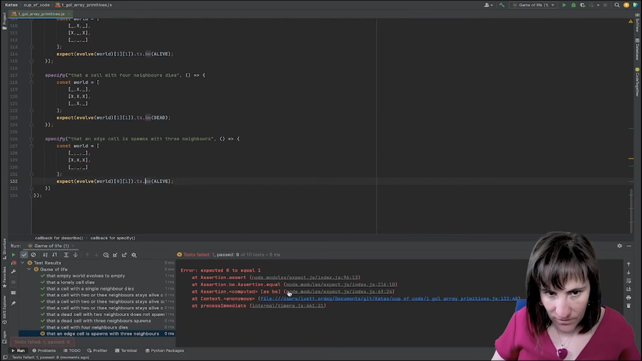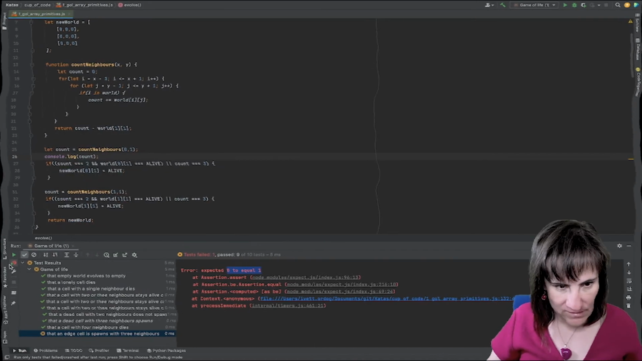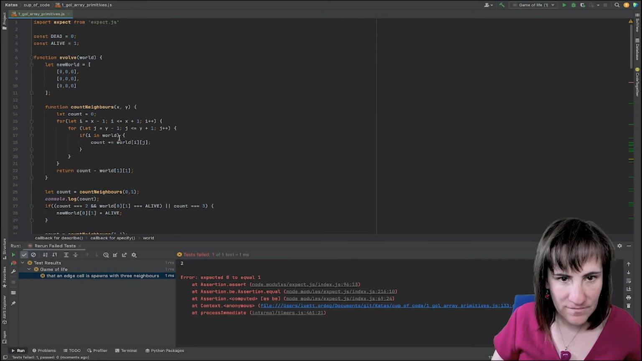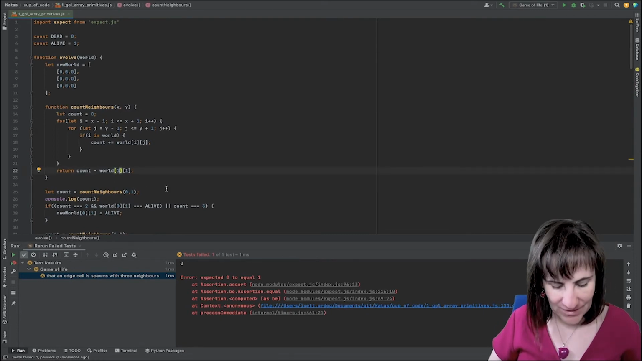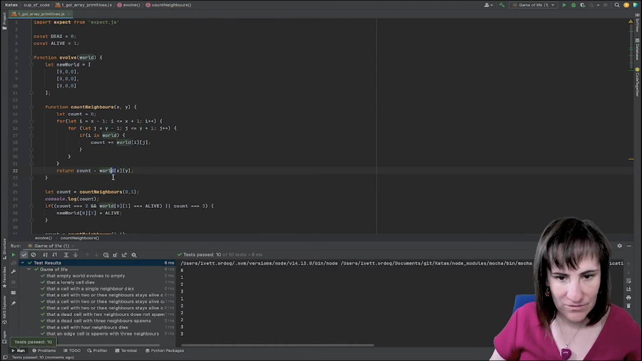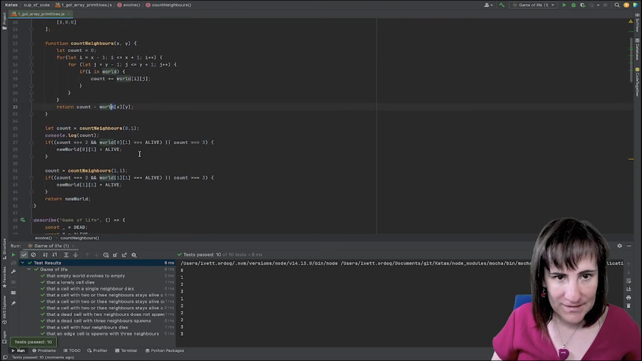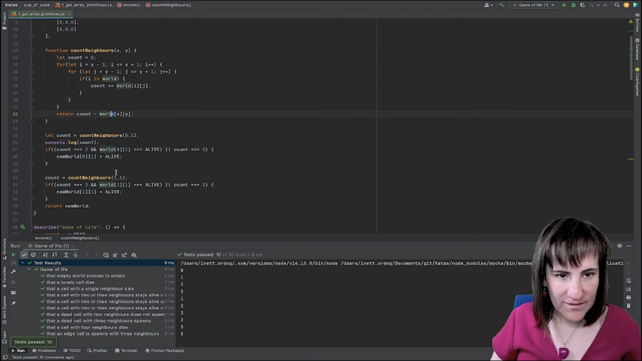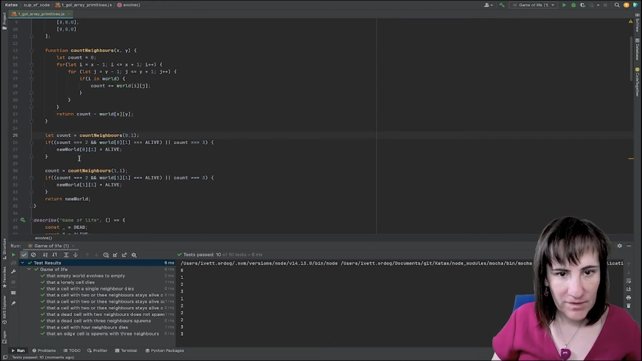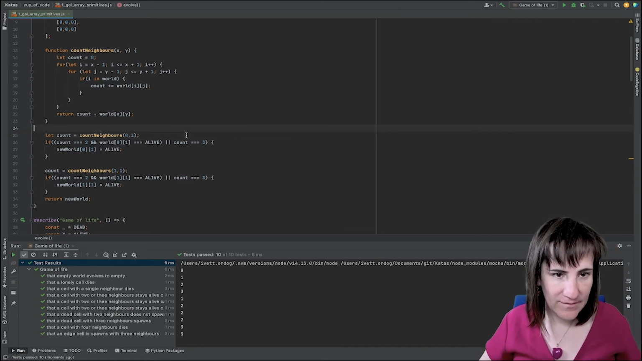Okay, we still have one test that is failing. I see the problem, because this should actually be X and Y. That's the only part where we forgot to modify that. Okay, now it's actually passing. Now, of course, this is code duplication. We want to get rid of code duplication all the time. So I'm going to say that